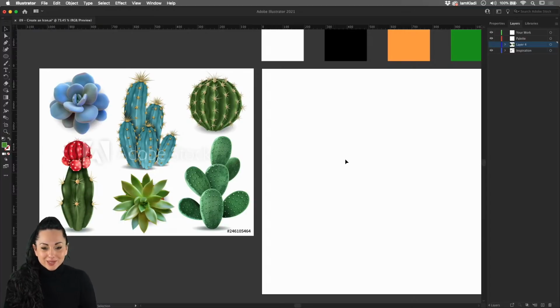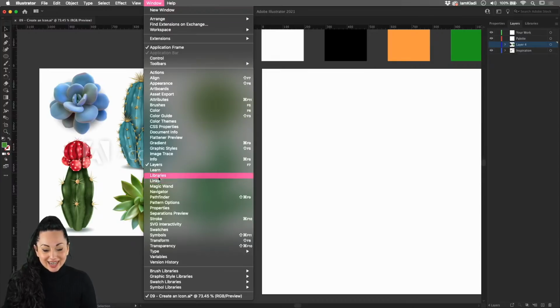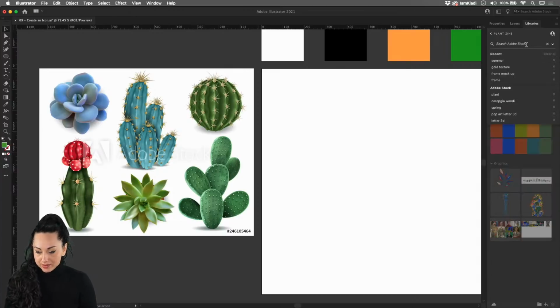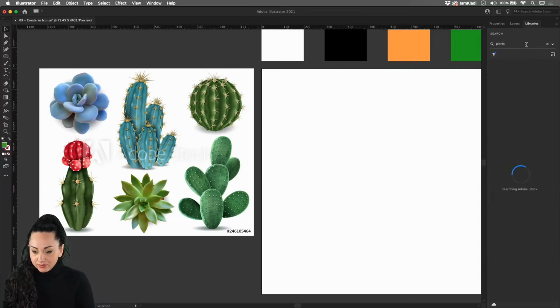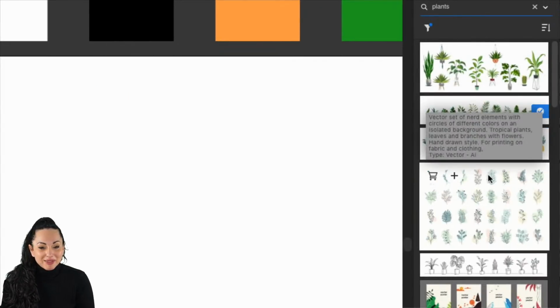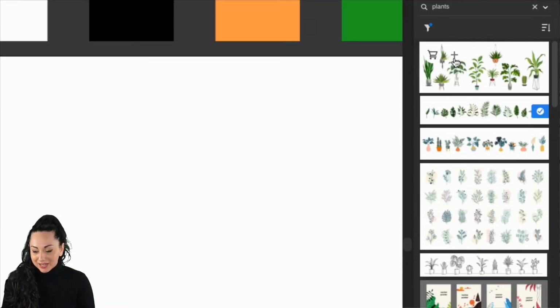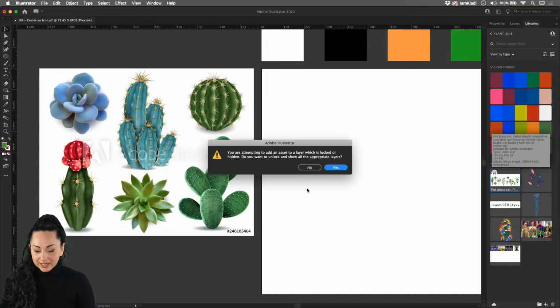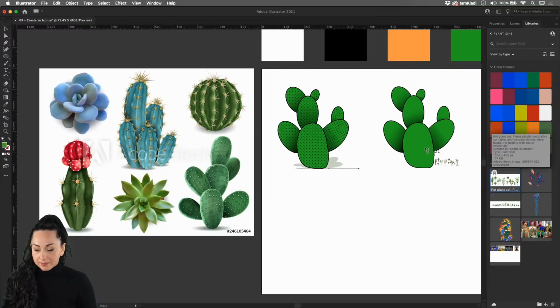But for your own references, just to have a look at the image, all you have to do is head to your Window menu and select Libraries, and then the Libraries panel will pop up. From there, you click on the down pointing arrow and select Adobe Stock, and you will be able to use any word, any keyword you like. So for example, we can use the word plants, and then click the Enter or Return button. And from here, you can see that Adobe Stock is already providing us with many different plants. And all you have to do is click on the plus icon in order to add the image to your library. And then you will be able to simply click and drop in order to place it inside.